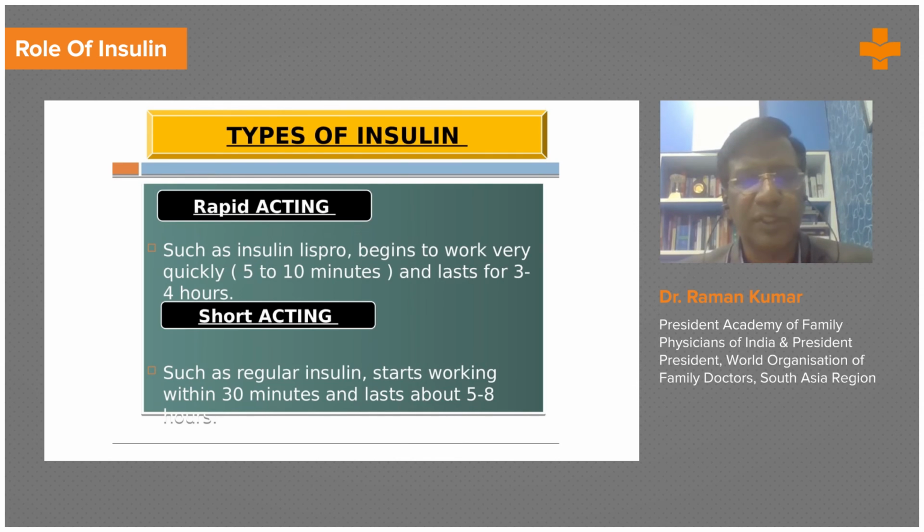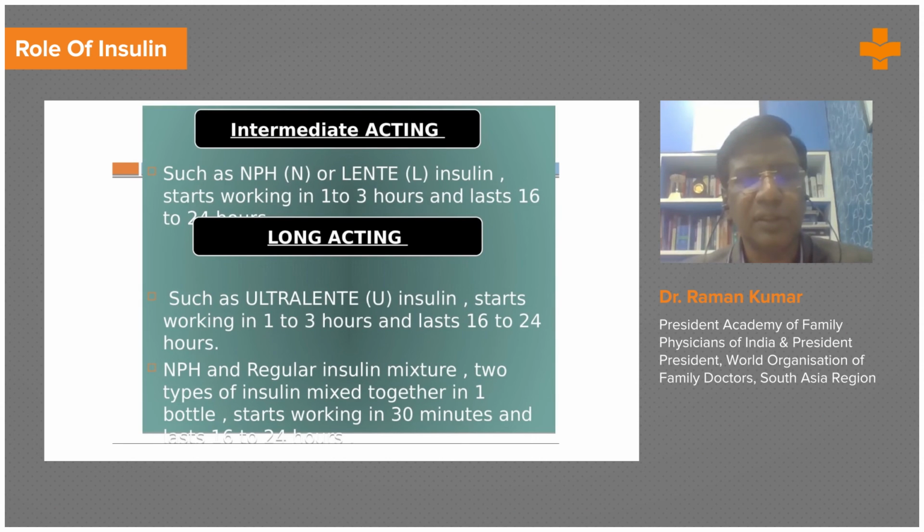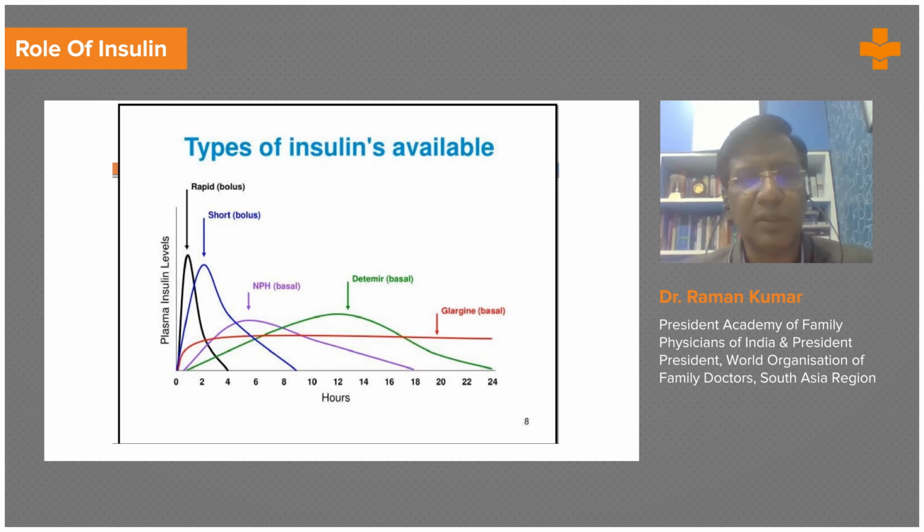This is all a repetition of what we have already discussed earlier: rapid acting, short acting, intermediate acting, ultra long acting. This is a graph to show how the plasma levels differ over time in hours. A rapid or short bolus would meet its peak early and would last between 4 to 8 or 10 hours,